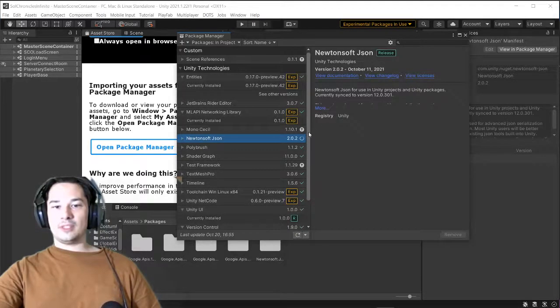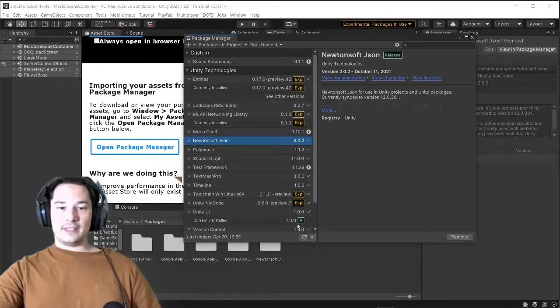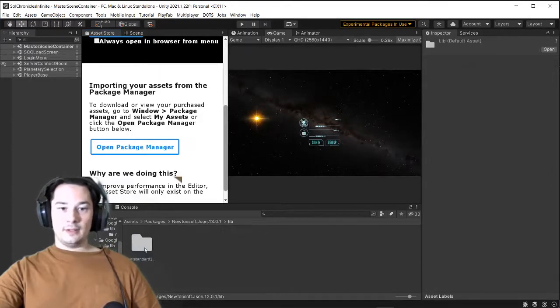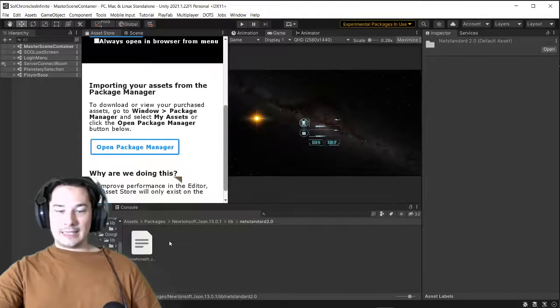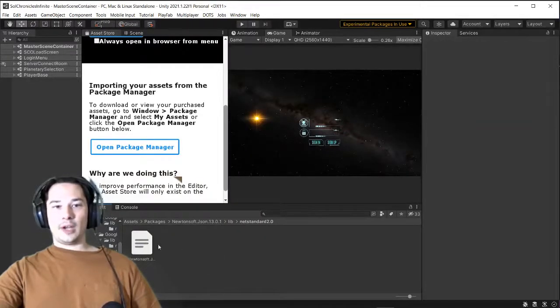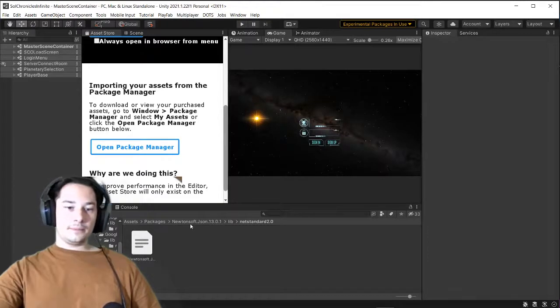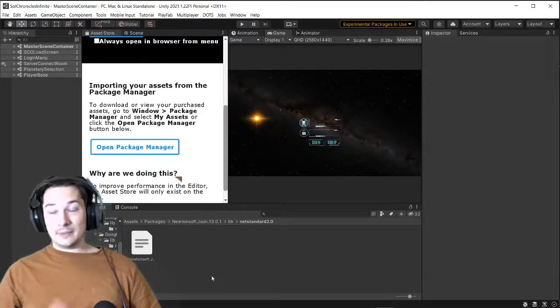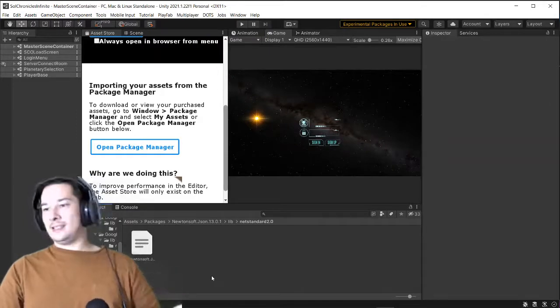Now, the reason this is so useful is because not only will this update it, but it'll also validate through your manifest because you've actually added it, right? And then, because you've had these downloaded and you have this in your dependencies, you simply go to the packages, go to the Newtonsoft, go to the lib, and then go to the net standard, and then you delete the DLL. So this will break the Newtonsoft from working in your Windows,